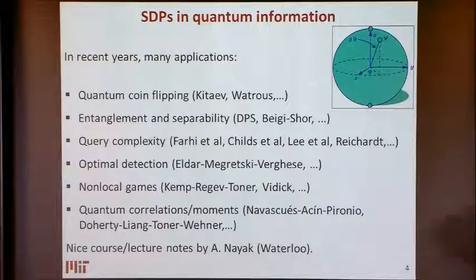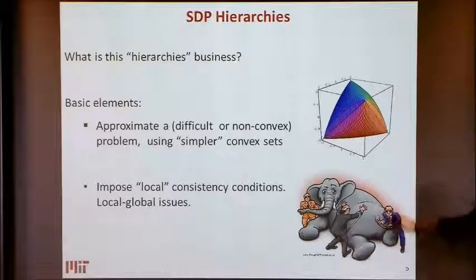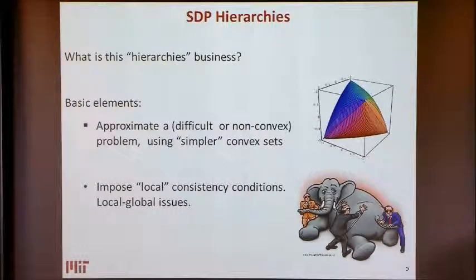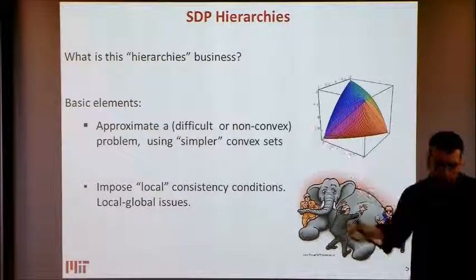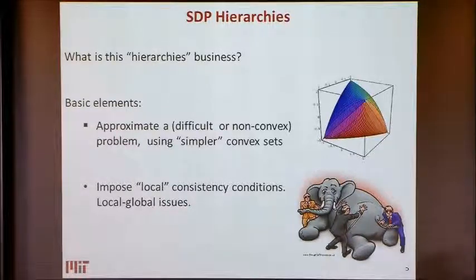So in the title, we have all these semi-definite hierarchies. I'll describe specifically what I mean, but let me perhaps take a step back and try to discuss at a high level what these things are actually trying to do. And to me, the two key features are, on the one hand, of course you're really trying to approximate some difficult object that you don't know how to handle. And this could be a set that perhaps is non-convex, or even if it's convex, it could be very computationally difficult to describe, and we're going to see some examples of that.